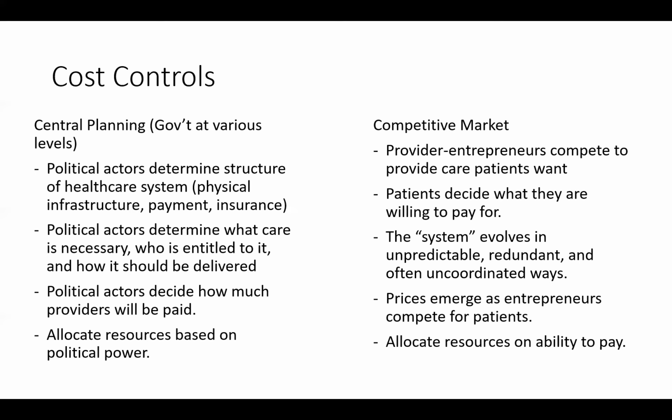Under a politically governed system, a system of central planning, politicians decide where they should go. So we talked about the Hill-Burton Act, and they said what we need is X number of hospital beds per thousand people. And then we realized, wow, that's really expensive. And we reversed our position on that, and hospitals were like, okay, if the government's going to pay for that many beds, then we'll build more hospitals. Then the government said, oops, that's really expensive.